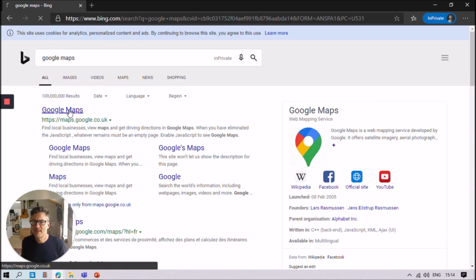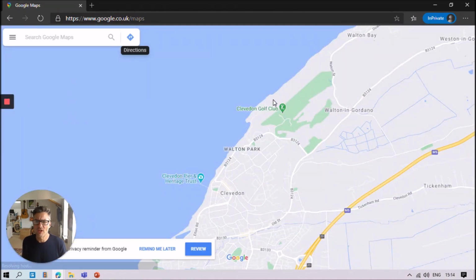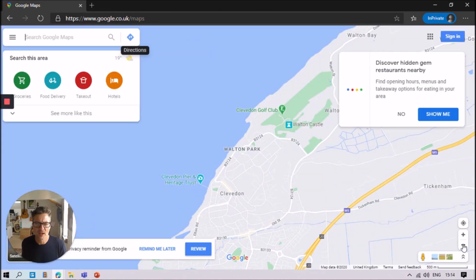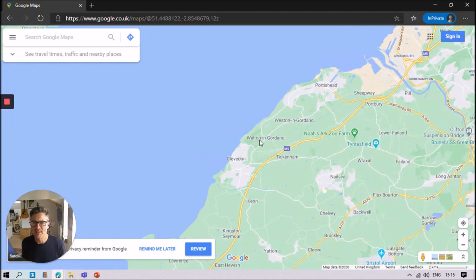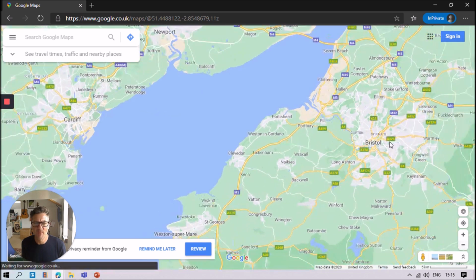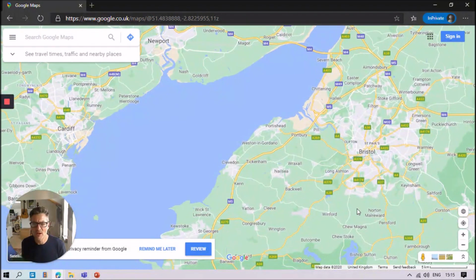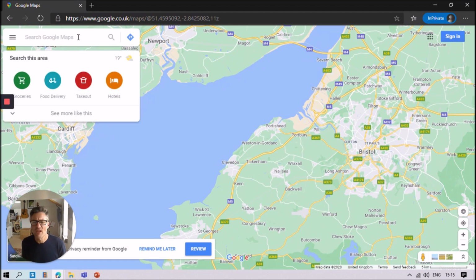And then I'm going to, so you can see immediately where I am. I'm located in Clevedon. I don't want to discover restaurants. So this is where I am. So what I might do, so I'm currently in here, in Clevedon on the M5. UE is up here somewhere in the north of Bristol. So I'm down here. So I might try and show something interesting.